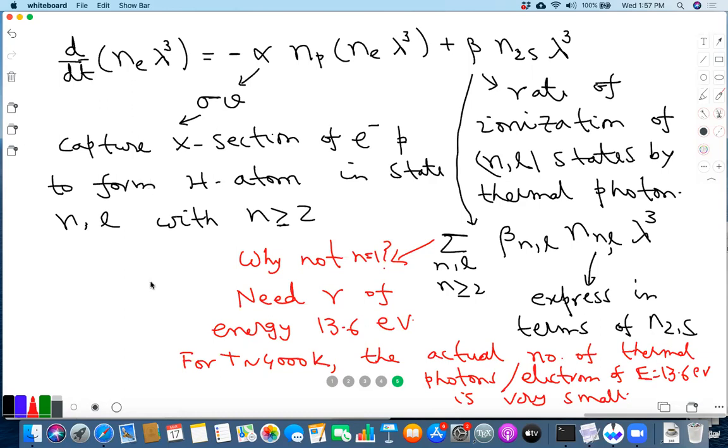Yes, go ahead, please. Should we not include collisions between atoms? Collisions between atoms. Yeah, we could, right? But that effect is also very small, because that involves two atoms coming together, right? Here of course you can ask about an electron and proton coming together, okay? But these are charged objects, so their interaction cross section is much higher than the collision between two atoms.